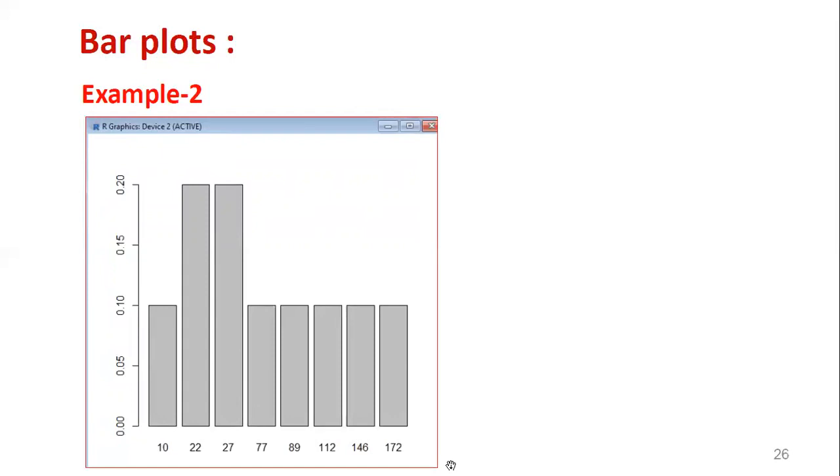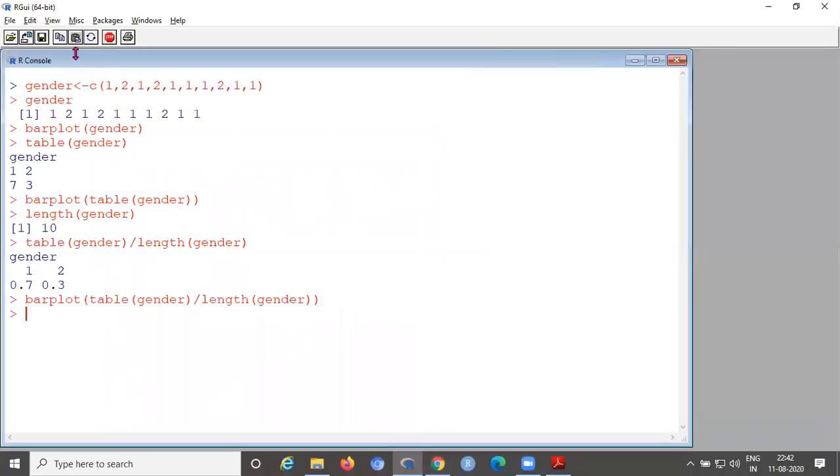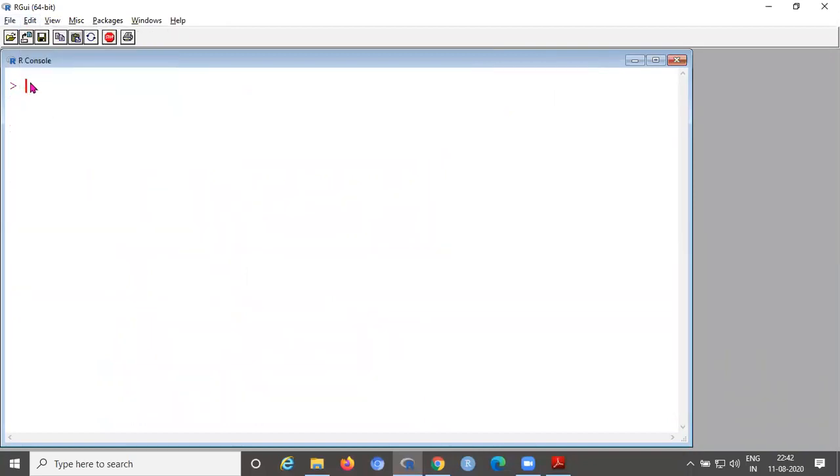Now we will also demonstrate the second example. Call that COVID data set, that is total cases. Whenever you open the R software for the first time, you can set the path where the data is available.